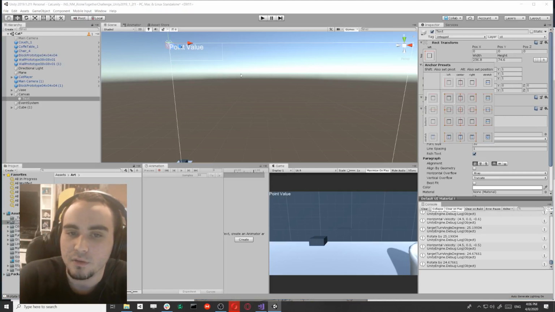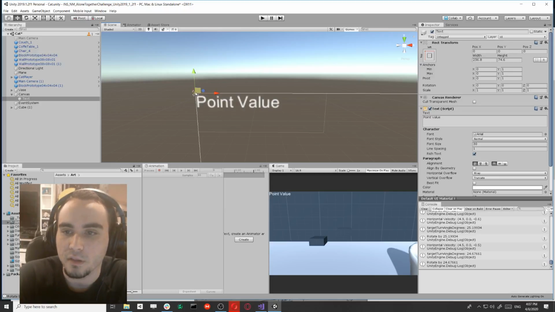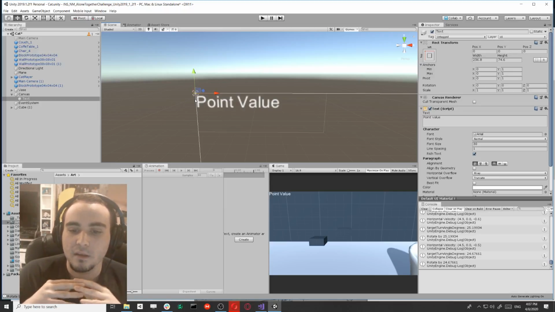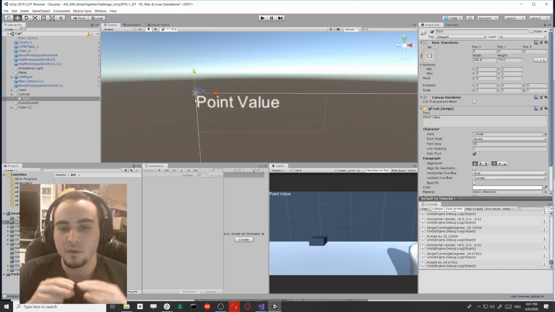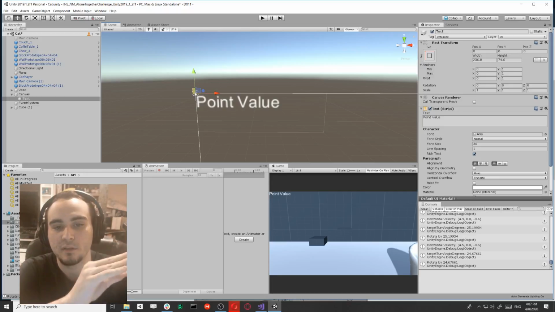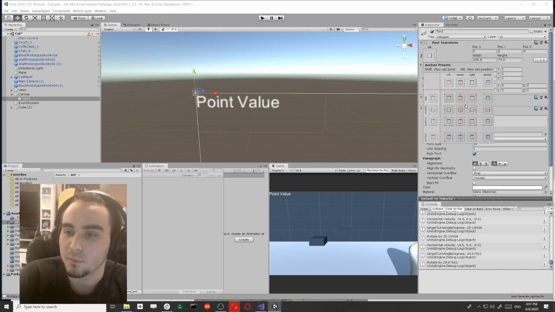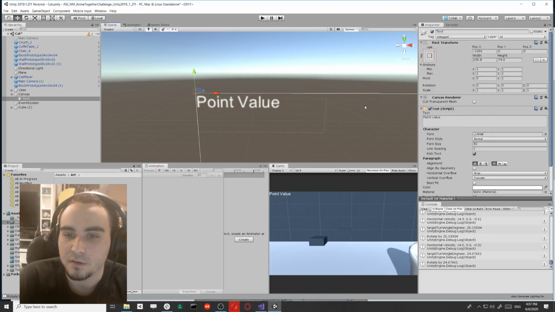So right now, as you can see, this little box here is our text element. And right now our anchor is on the top left. So basically, on the screen, it's going to look for the top left of the screen, well, of the point, and it'll put the text on the top left. If that doesn't make any sense, I'll show you in just a sec what it means in the game environment. But if I move this over here,